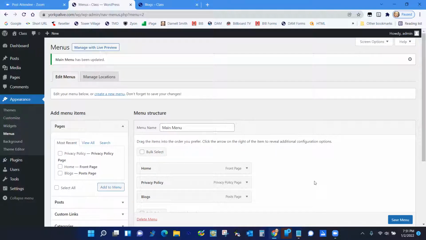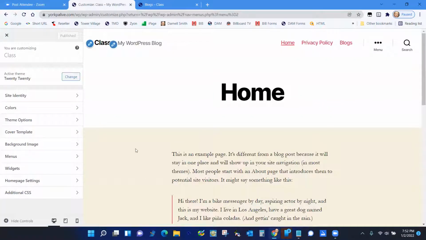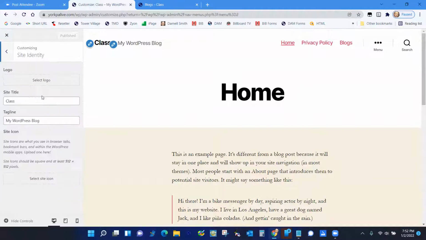All right. So now that we got a menu set, let's go ahead and go to Appearance and customize the theme. Now, everything you install has different customization systems because it has different features. If we click over here under Site Identity, notice we saw that in settings. That was the site title, and there's a tagline. Because we're working in visual mode, we can change this right now. We can say